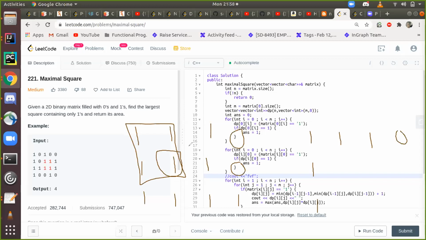So that would be 1 here. I first check whether that particular cell is 1 or not, because only then it can form a square of ones, like this condition. Line number 27. Okay. So you are checking if that element is 1, then you are taking the minimum of them and adding 1. Right. So the minimum here would be 1, and 1 plus 1 would be 2 here.